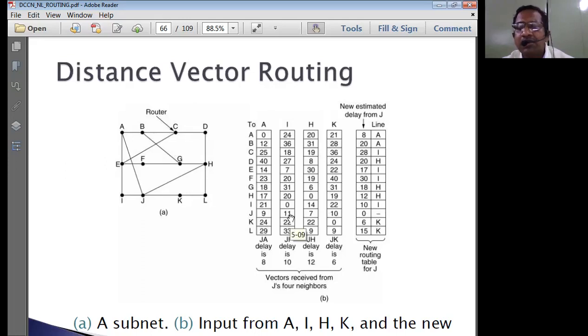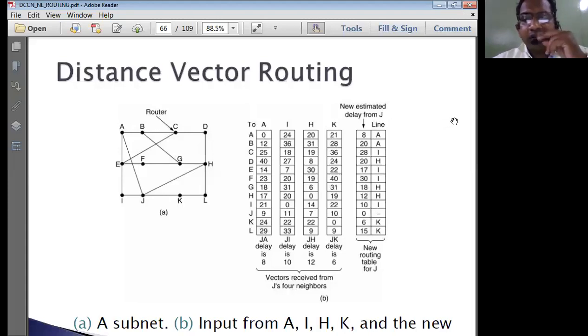So many counts are simply being added for this particular router A. Okay, an infinite number of routers are there. They are simply going to keep this router in their count, and that much information is being transmitted in the network, which is totally useless. That has to be avoided in the case of the distance vector type of routing algorithm. That means avoiding the count to infinity is an issue in the case of distance vector routing.